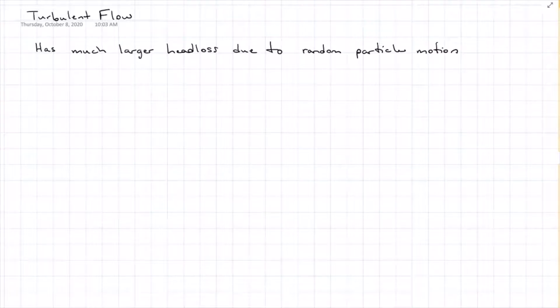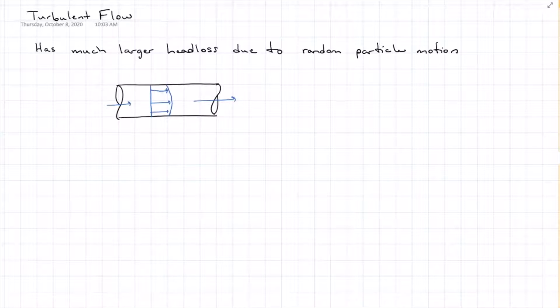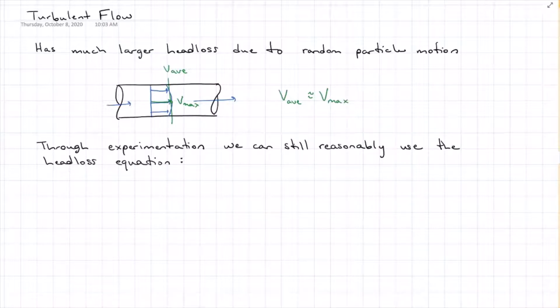Turbulent flow. This one's going to have a much larger head loss than laminar flow because the particle motion is much more random. However, because the particle motion is so random and everything is all churned up, the average velocity and the maximum velocity are really close. Now there's more head loss, but through research and experimentation, we find that even with turbulent flow, we can still